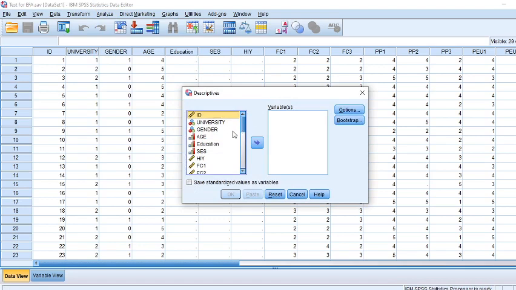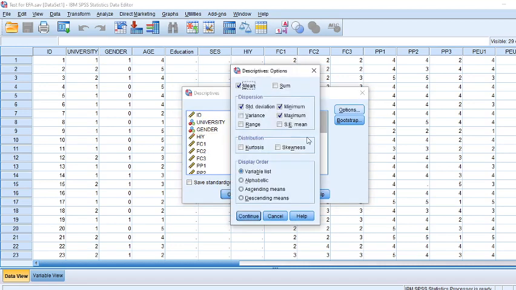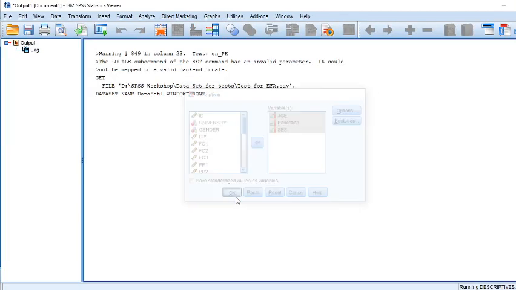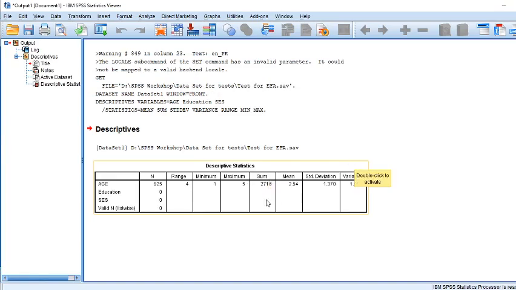all these things. Let's say suppose I want to see the descriptive statistics of these 3 things. So you have the option of what you want to see. If you want to see the standard deviation, variance, range, minimum, maximum, standard error, mean, sum, quartiles, skewness, whatsoever you want to see, just one click and you will get the results. This is the standard deviation. This is what the range is for. 1 to 5 is their minimum and maximum. The sum is this, the mean of these values is like this,